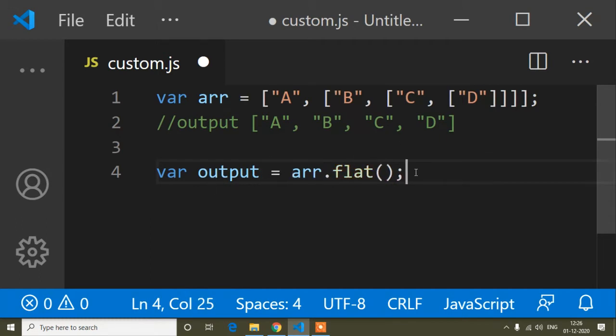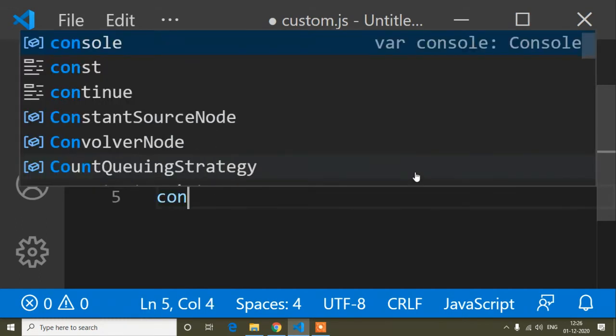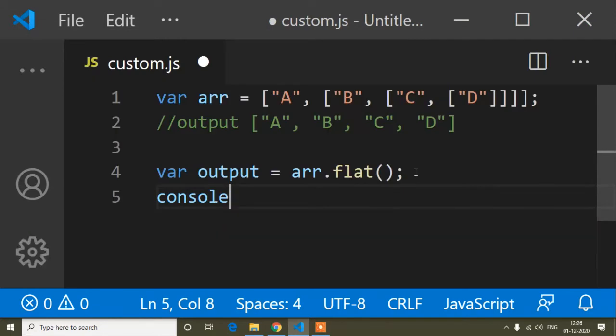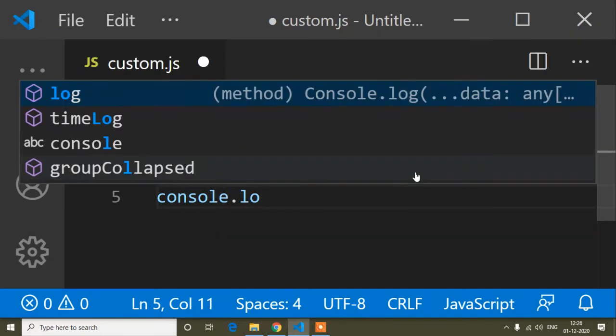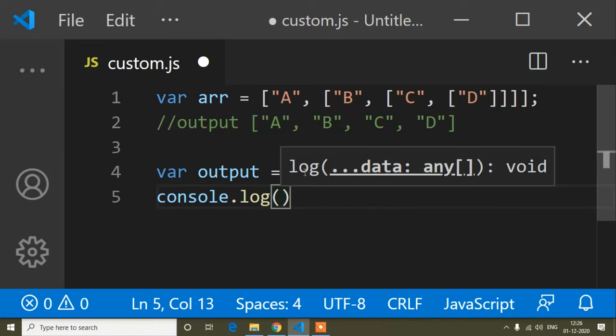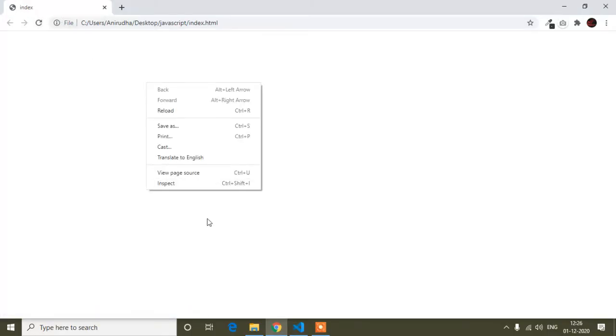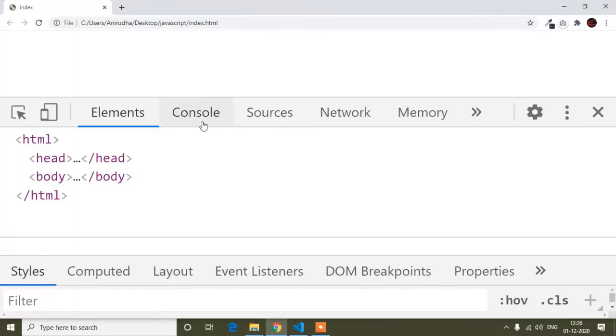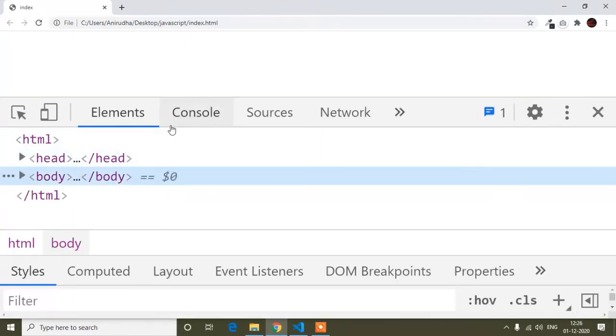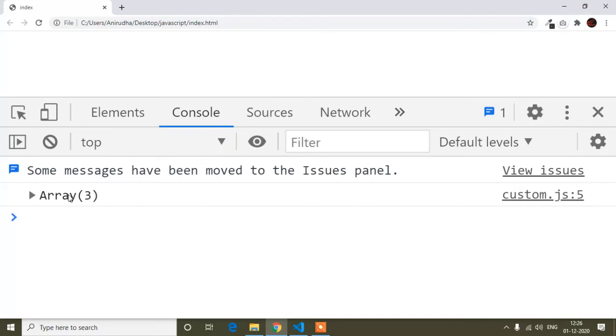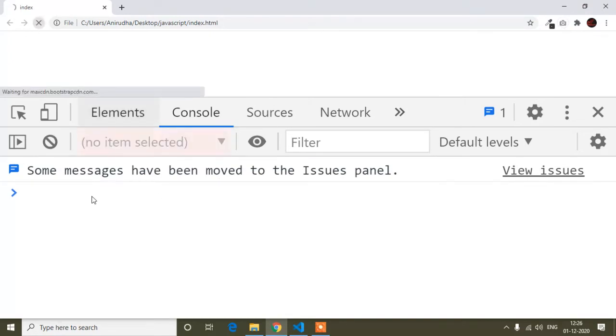Now if I print this, console.log and this output variable, and now if I go to the browser and refresh, and open the developer tools, and now open the console, and refresh again.